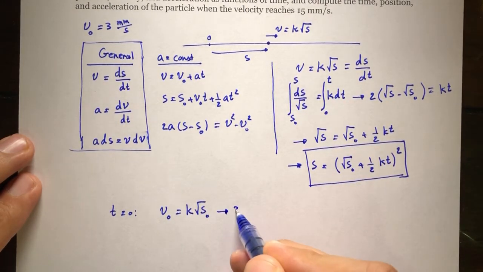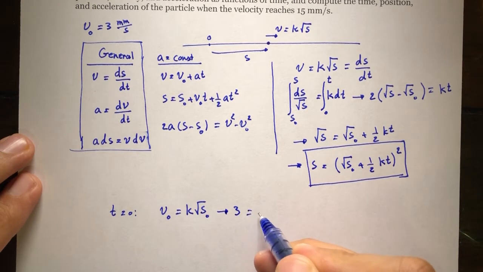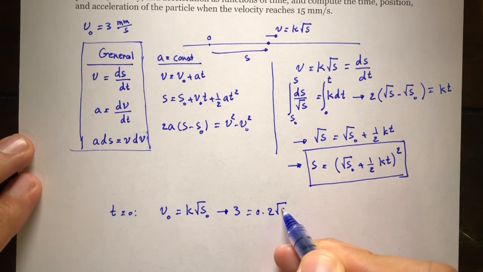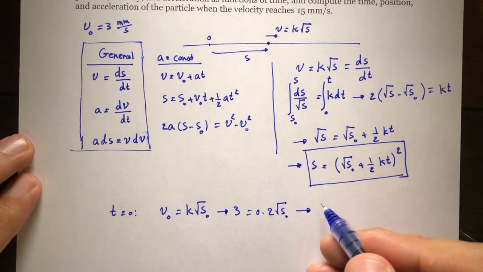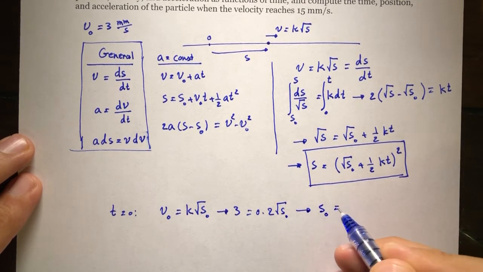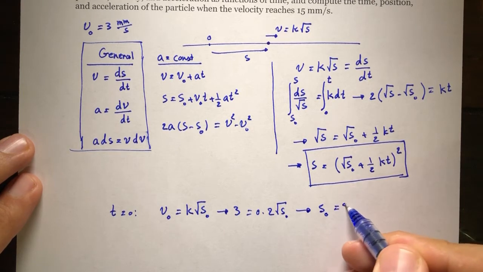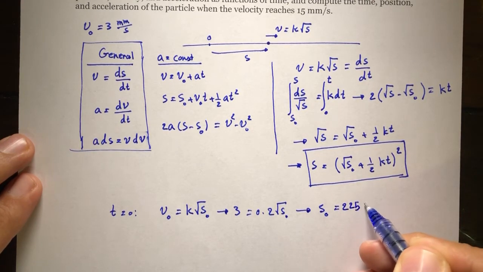So 3 is going to be equal to 0.2 times the square root of s naught. From here we can find s naught. s naught is going to be equal to 225 millimeter,